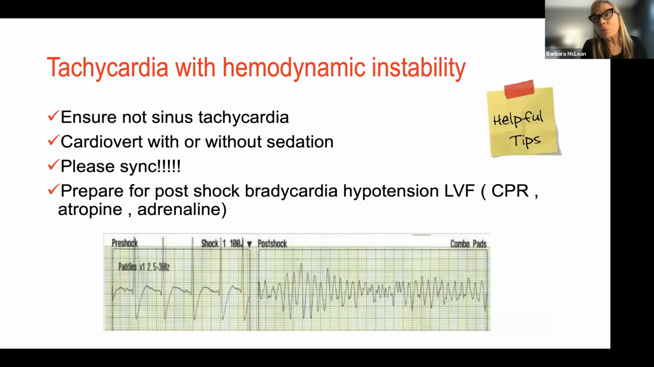Okay, so I just want to remind you, tachycardia with hemodynamic instability, the first thing you're going to try to do is ensure it's not sinus tach, and you're going to cardiovert. If they're unstable, you're going to cardiovert with or without sedation. Please synchronize. Make sure that, because you're so lucky with your device, it shows you where it's going to apply the shock. If that shock is not clearly differentiated from the T wave, then change your primary lead,